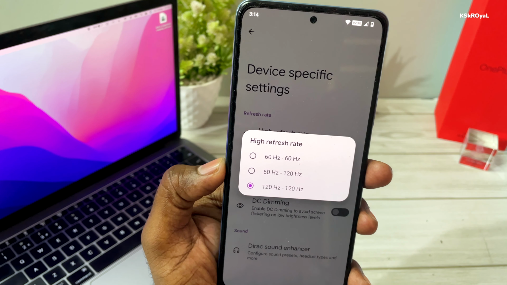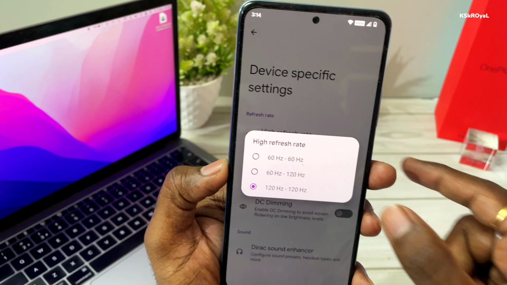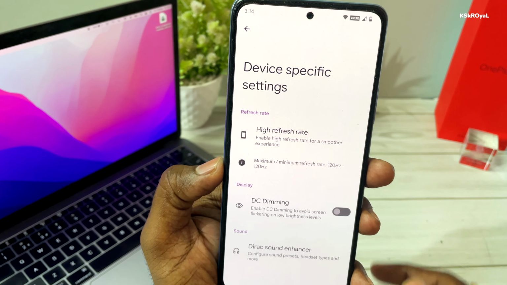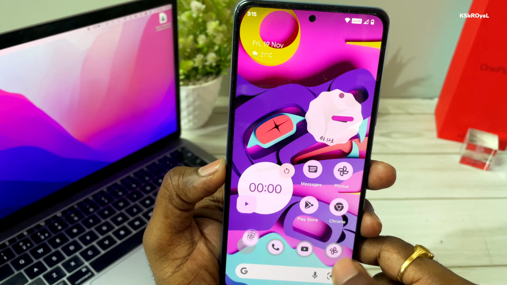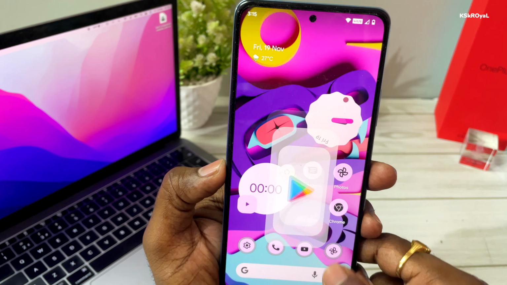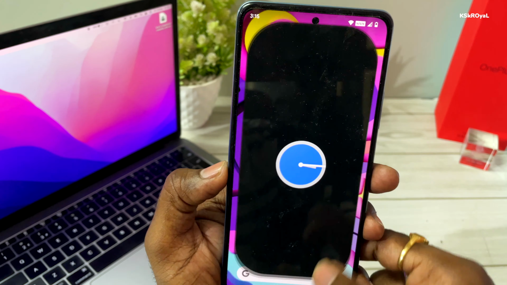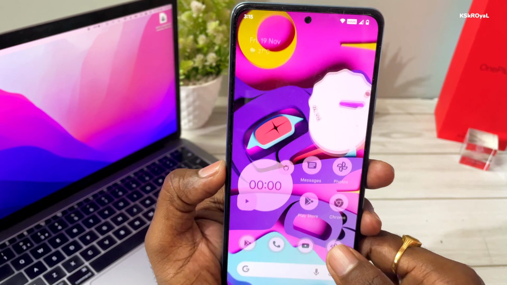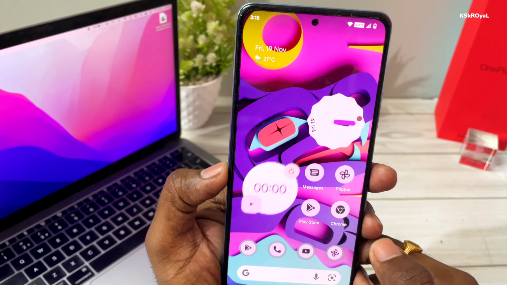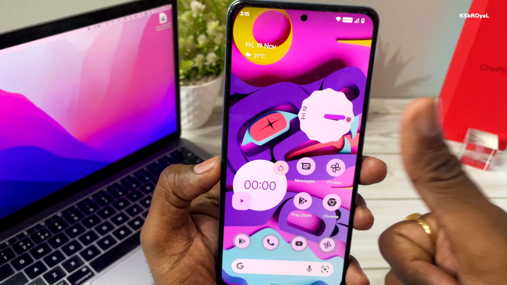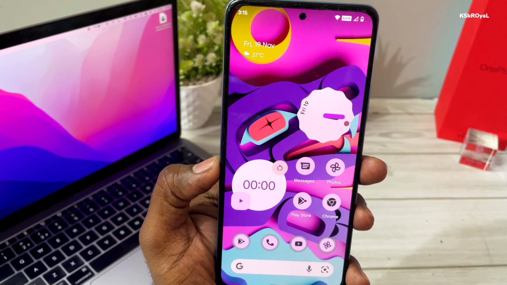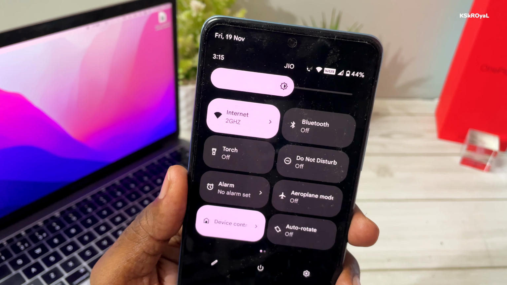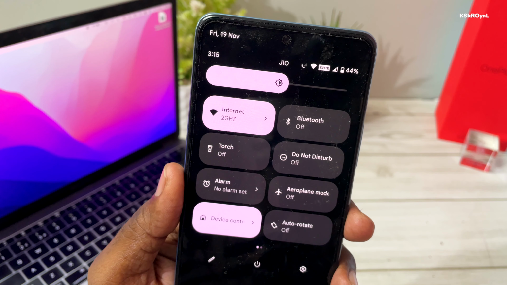As of now, the ROM which I have installed is in beta, which is not super stable, but it can be used as a daily driver. The default 120Hz refresh rate on Redmi Note 10 Pro with Android 12 is incredible. It is damn smoother than the stock MIUI, and the entire user experience seems impressive. I haven't faced any frame drops so far, but you can expect minor lag in some parts of the UI. Other than that, the basic functionalities like Wi-Fi, Bluetooth, VoLTE, LTE, fingerprint, everything works fine.